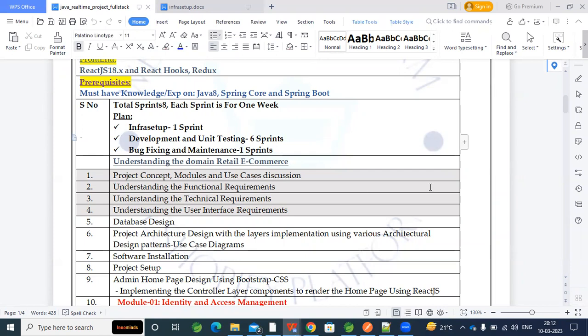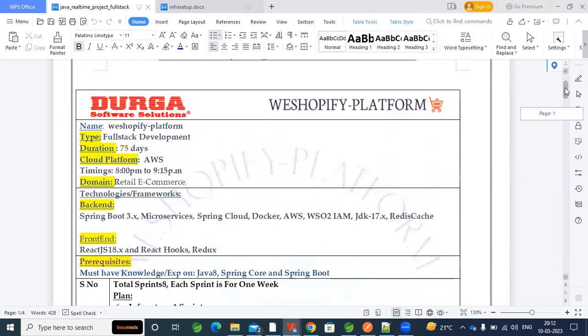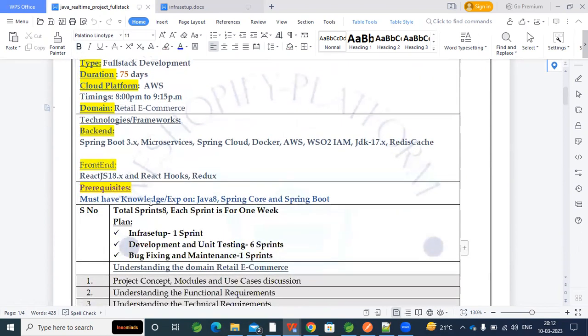In demo 1, I just explained the model of the program, how we will execute it: the project name, Shopify platform, and that it is a full stack development. Duration is 75 days, and the platform is AWS Cloud Platform. The project is of type retail e-commerce, meaning the domain is retail e-commerce. And the technologies we're going to use are Spring Boot 3.x, microservices, Spring Cloud, Docker, AWS, WSO2 IAM, JDK 17.x, and